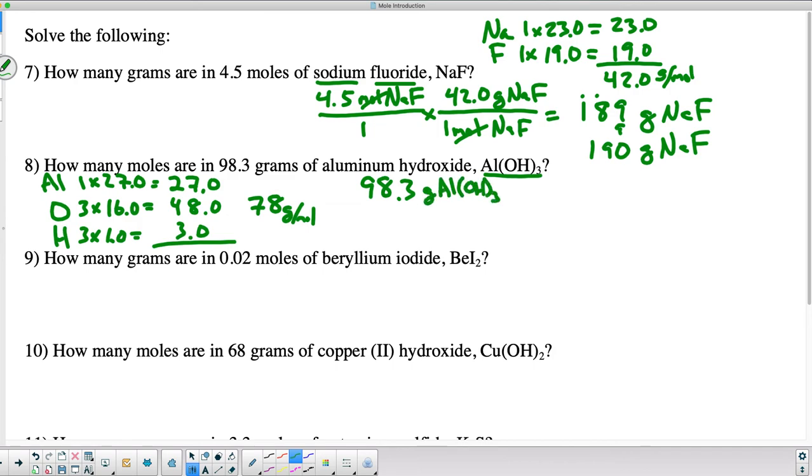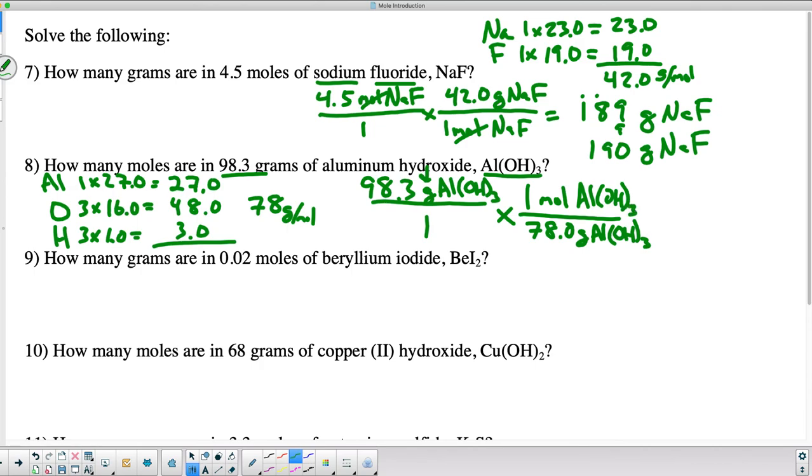I got that from the start of the problem right here. That all goes over 1. So what goes on top, what goes on the bottom? If I have grams right here on top, then I need my grams right here on the bottom of aluminum hydroxide. Okay, this is easy, the easy stuff. So 1 mole of aluminum hydroxide goes, there we go, on the top. The number of grams goes on the bottom. I divide the two, 98.3 divided by 78 grams equals